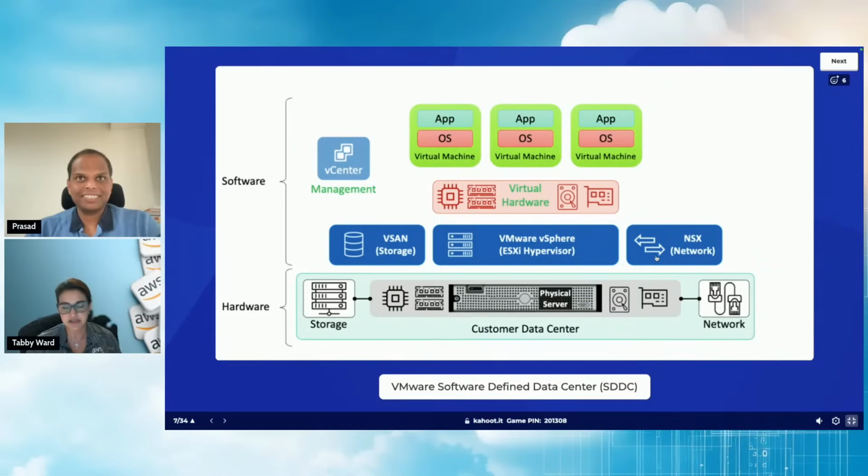So we have the hardware layer and then the software sitting on top of it. And then there is a virtual hardware layer in the middle, which shows virtualized compute, memory, storage, and network resources, right? And then there is a management layer, which the previous question was talking about, the vCenter. The centralized management platform for the entire vSphere environment is done by the vCenter server. And obviously the VMs, or virtual machines, each have their own operating system running independently on the shared